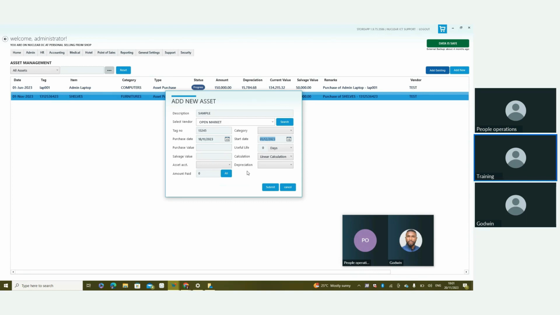Purchase is when you bought it, while start date is when you start using it. So sometimes you can buy an air conditioner now, but you're still setting up, and then maybe you open your business a month or 2 months later, and that is when it starts depreciating, when it starts counting. So purchase value, so it's expected to use 5 years, and at the end of the 5 years,